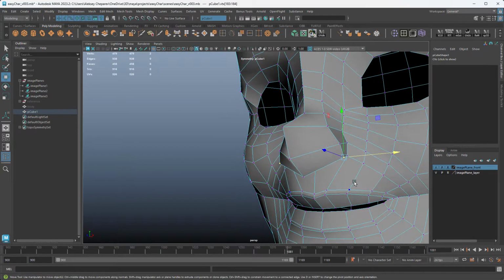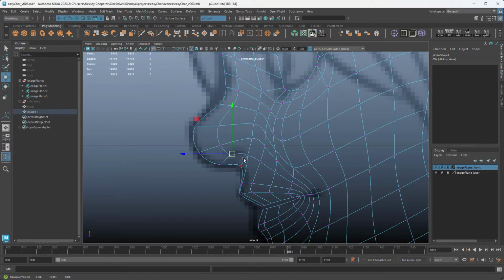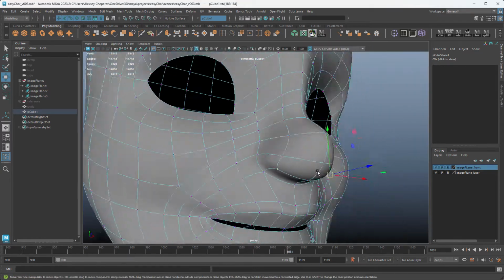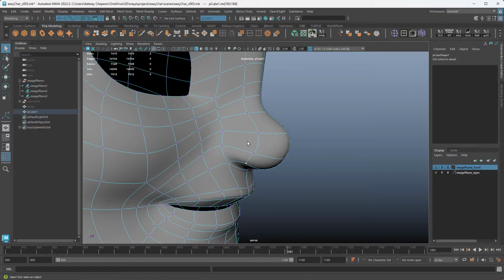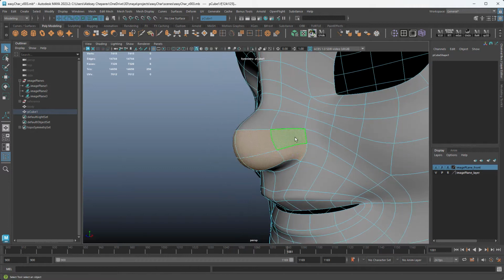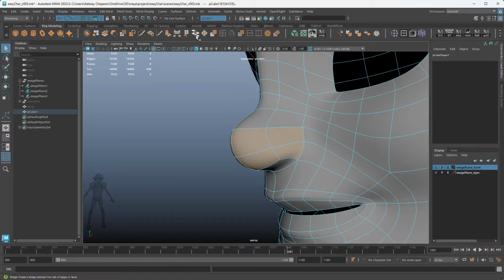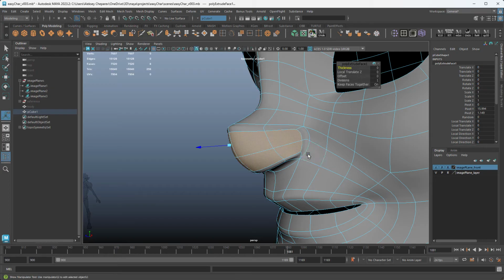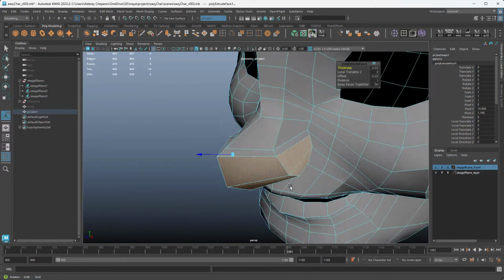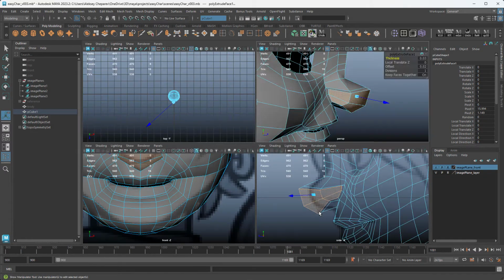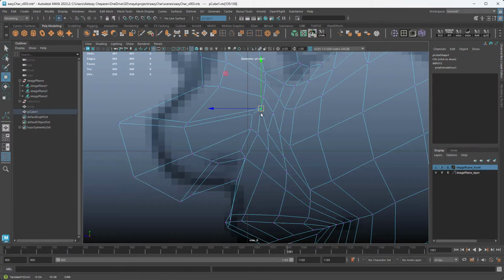So in the drawing, he doesn't really have nostrils. There's like a little bit of a thing here, but we can add that. And so let's just do that. One way we can do it is by extruding this area. So if we extrude this, this will create more geo here. So we'll just do this, extrude. And then you can do an offset and then a thickness just to kind of push them away. So now we just created more geometry in this area. And then we can start moving those vertices around.